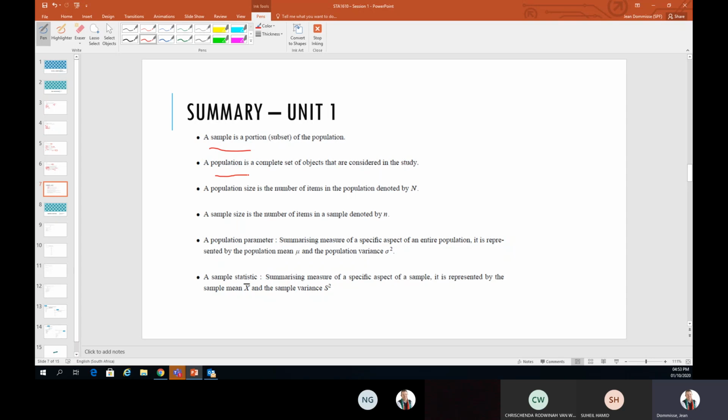in one of the mock exams or something like that, where there were talks about the population parameter and the sample statistic. And then they ask you to give a sign for the population mean and the population variance, or give a sign for the sample mean or sample variance. If it wasn't in one of the assignments, I'm thinking of one of the papers I will show you later as we go along.